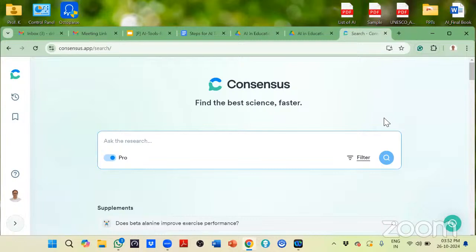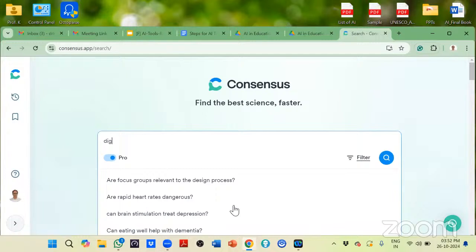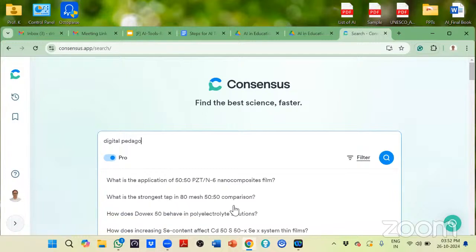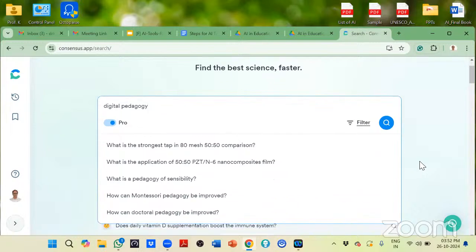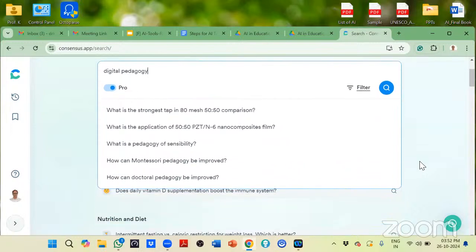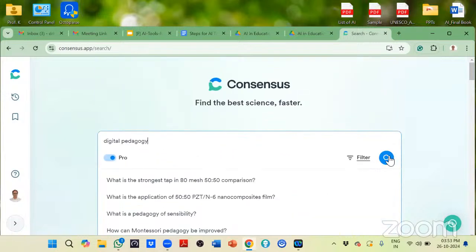Okay. So now, यह चौथा एलिसिट, कनेक्टेड पेपर्स, रिसर्च रैबिट के बाद एक और इंटरेस्टिंग वाली चीज, चौथा टूल जो है काफी इंटरेस्टिंग है, उसका नाम है कॉन्शंसस। इसमें तो आज द रिसर्च अगेन मैं यही पूछूंगा, डिजिटल पेडागोजी। इसमें डिजिटल पेडागोजी में व्हाट इज डिजिटल पेडागोजी ऑफ सेंसिबिलिटी, ओके, व्हाट एवर इट मे बी। तो सिंपली मैंने इसको,